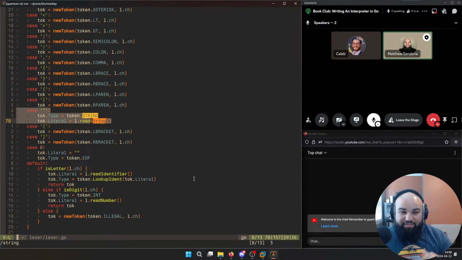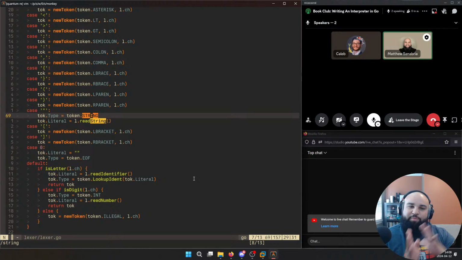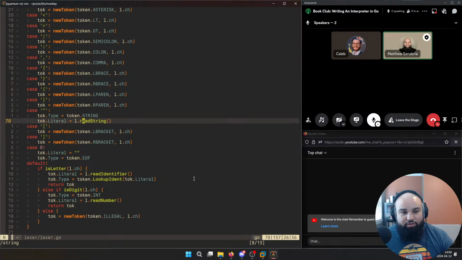And this is actually one of the simplest lexing operations that we can do. I thought this was pretty nice and straightforward. It kind of brought us back to chapter 1 for a brief moment of doing lexing. If we're iterating over the characters in the source code and we get a double quote, we know that we are starting a string. So we mark that token type, and then we read the string.